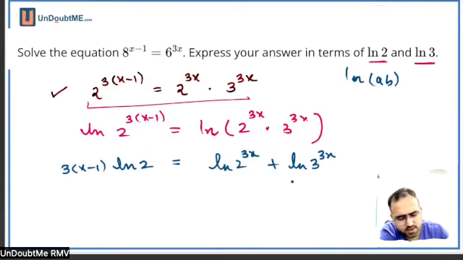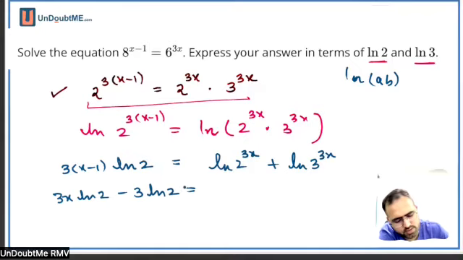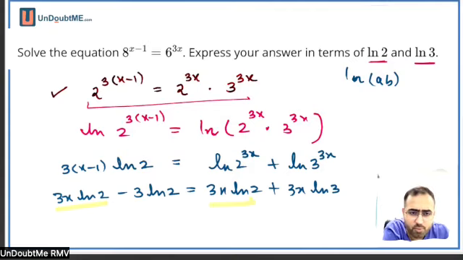And then we just need to solve it like a regular question. So 3x ln 2 minus 3 ln 2 is equal to 3x ln 2 plus 3x ln 3. Now this 3x ln 2 is there on the opposite sides. You can take it on one side, it will be cancelled. Okay, so we'll be left with,